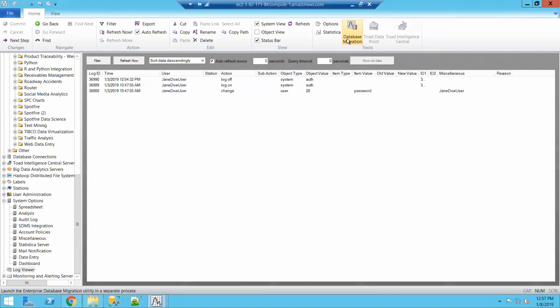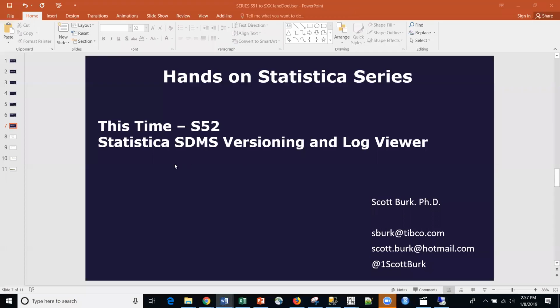So hopefully that gives you an idea of the functionality, or some basic functionality, the power of SDMS, and